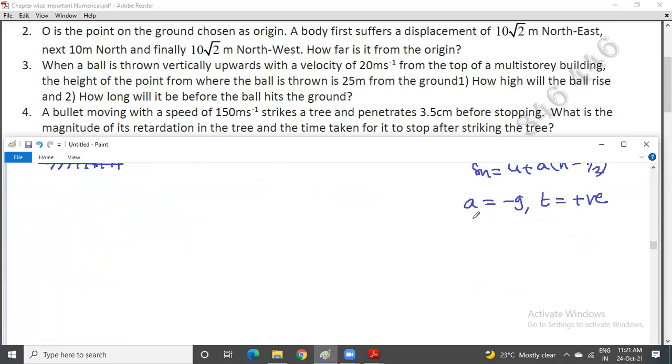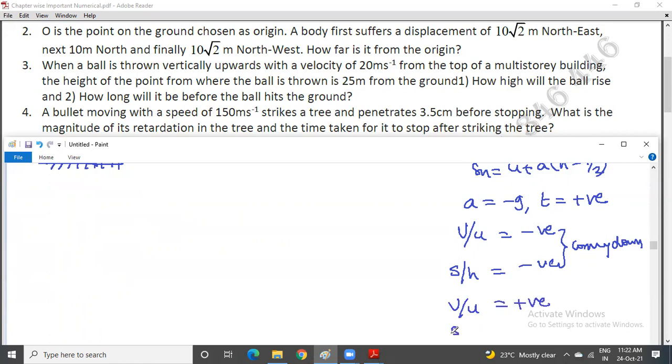Now what are the other quantities? Velocity and distance. My advice is, velocity, maybe initial or maybe final, you take negative if the body is coming down. Distance or height, you take negative when the body is coming down, allowed to fall free. Same, v or u you take positive if the body is going up. S or h you take positive if the body is going up, means thrown upwards. So it is very useful for getting the answer of this particular question, thrown upwards.